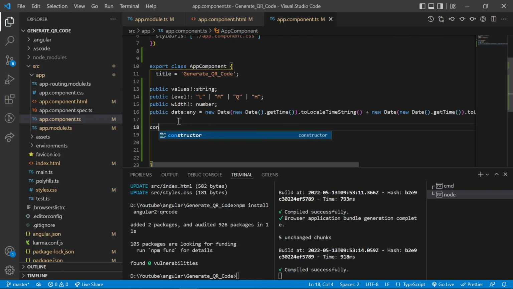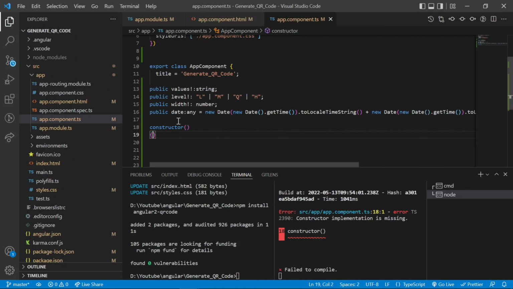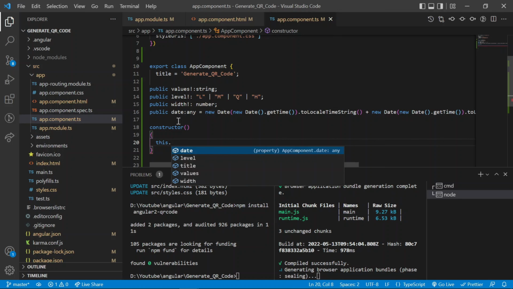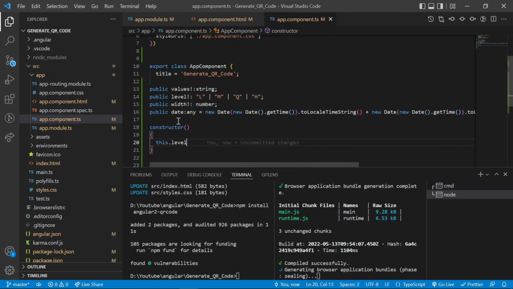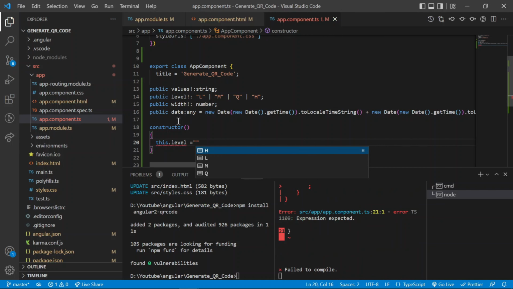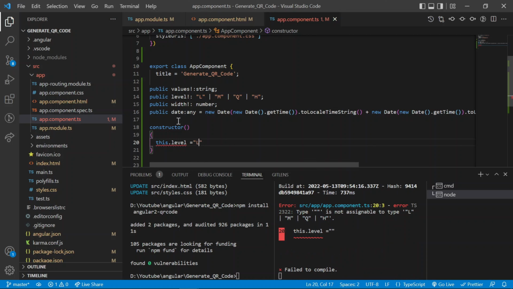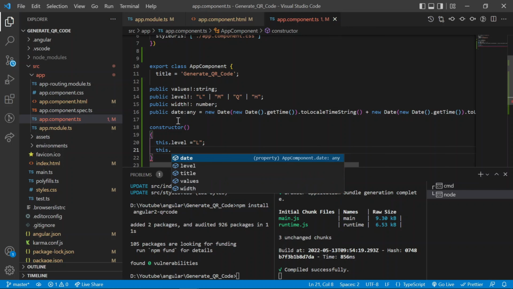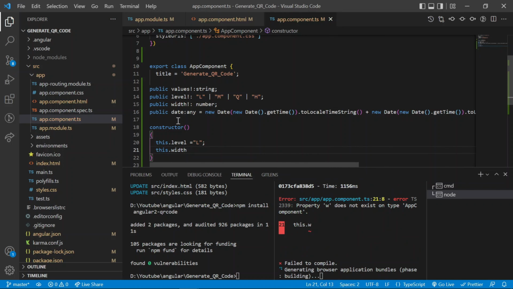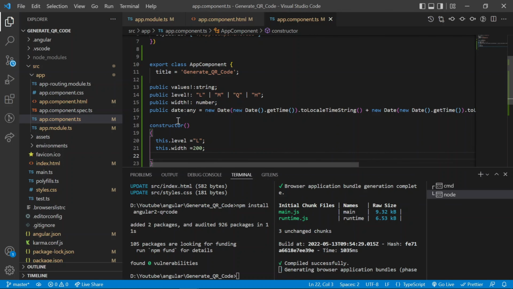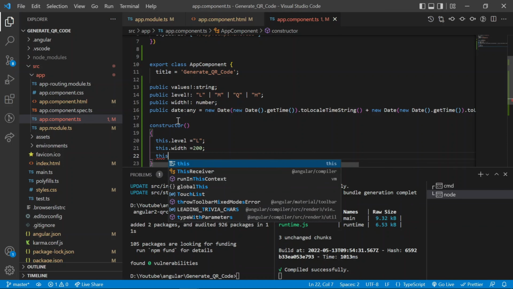So, constructor, and the last one is value.